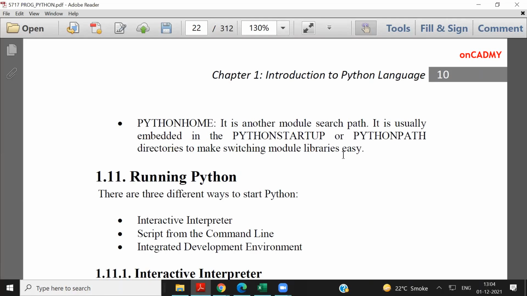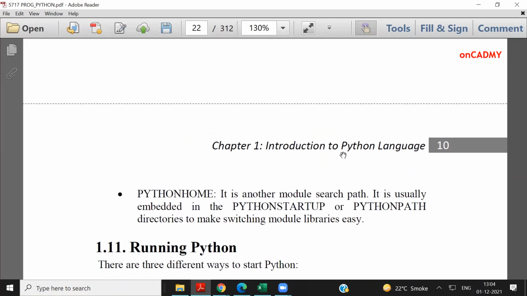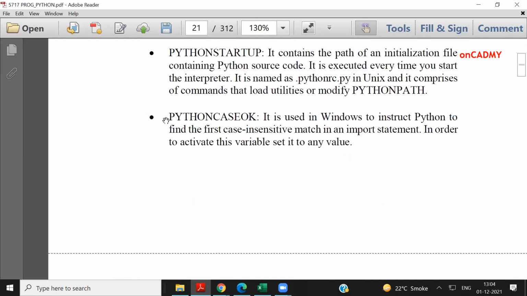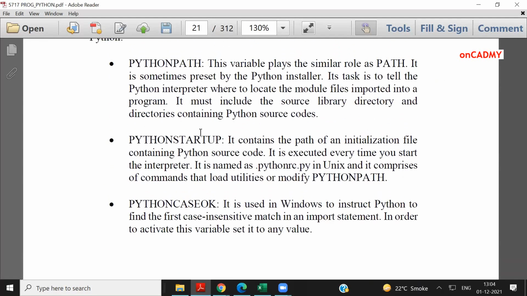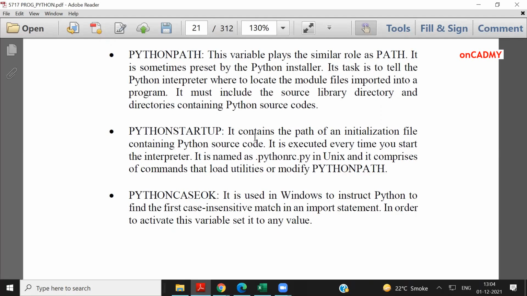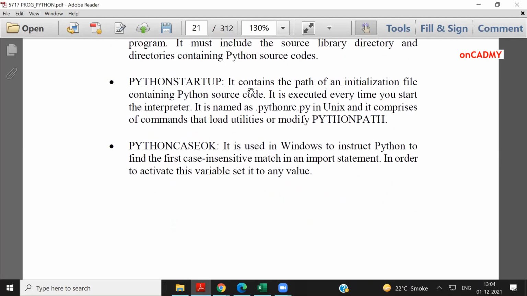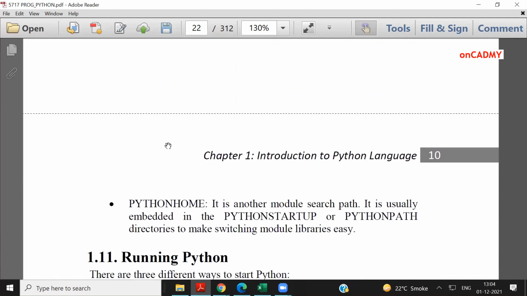They are set automatically while installing Python. But for the sake of knowledge, you should know about these 4 Python environment variables, which are PYTHONHOME, PYTHONCASEOK, PYTHONSTARTUP, and PYTHONPATH. So in this lecture, we have studied how to get Python, how to get its latest version, how to seek help from the website in the documentation tab, how to install it, and then what environment variables are. In the next lecture, we'll discuss how to execute or run Python.